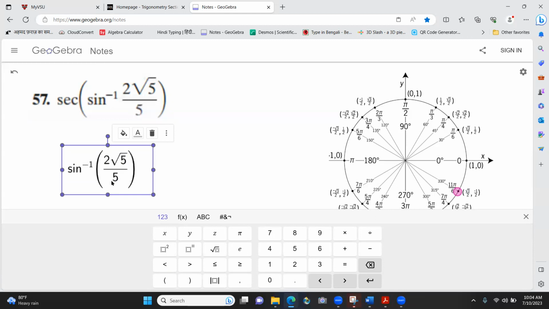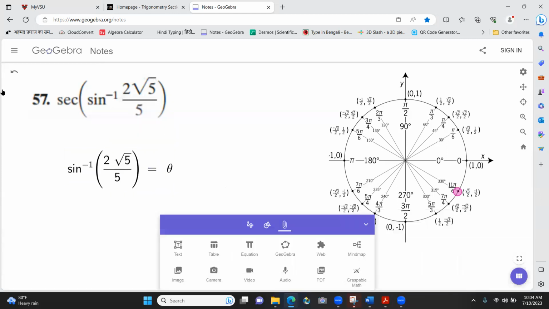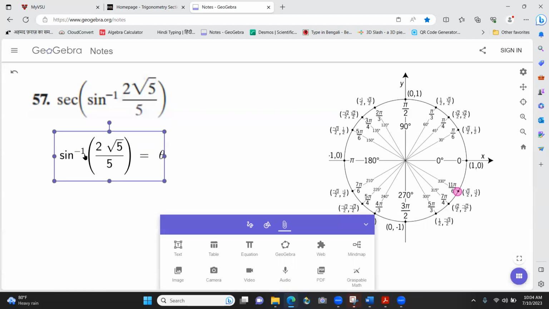Okay, I'm going to say this is theta. And this one will probably be a little challenging. I don't remember, I did it a long time ago. And based on this, I can